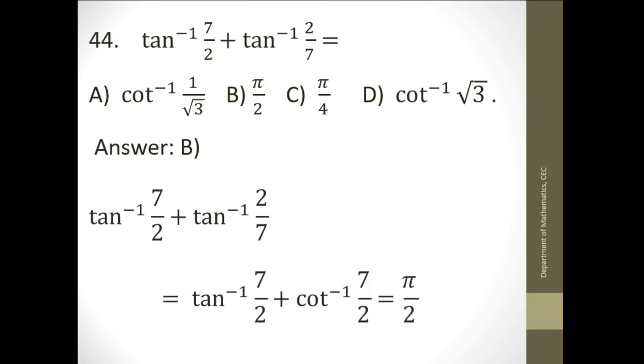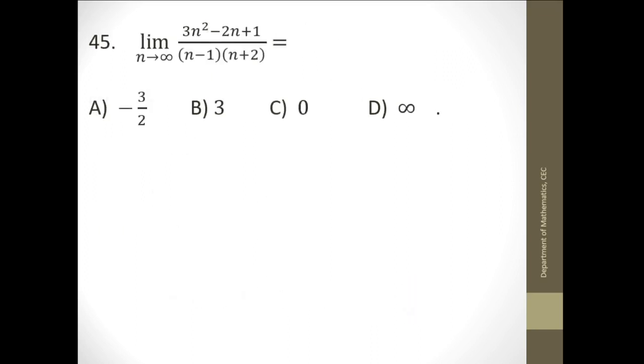Replace tan inverse 2 by 7 by cot inverse 2 by 7. Then both values of x are the same. Tan inverse x plus cot inverse x is pi by 2. That's all. Next one. To find the limit as n tends to infinity,